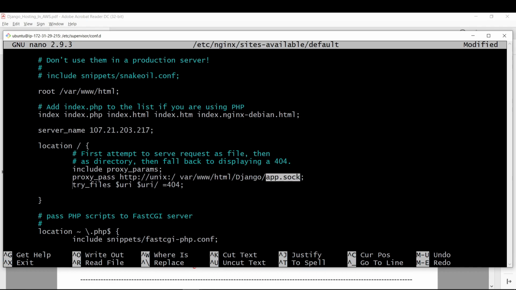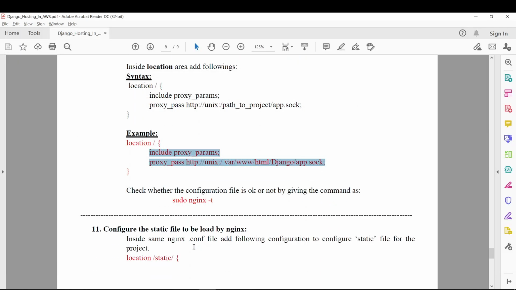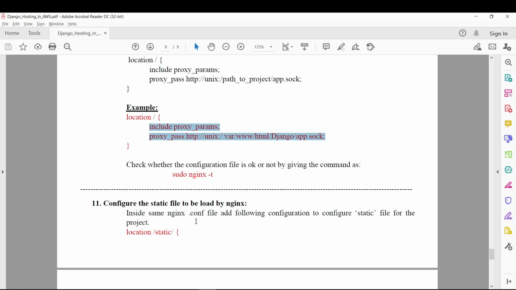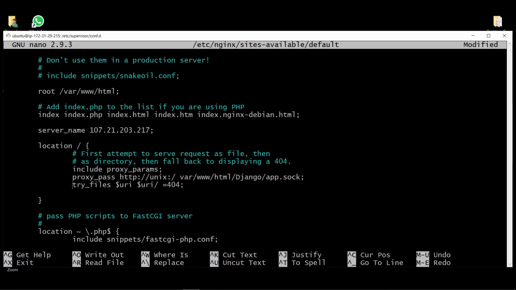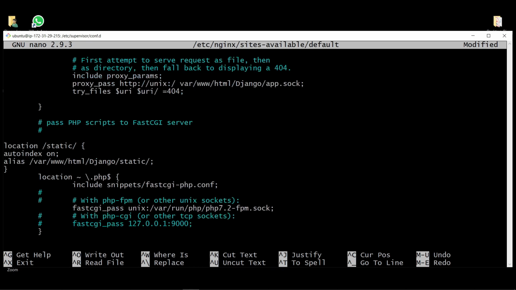And for the static file also, we need to add some lines of code. So let's add these lines as well for the static file to be configured. Copy this and you need to paste it in here. Let's enter this and shift insert to paste it out here.